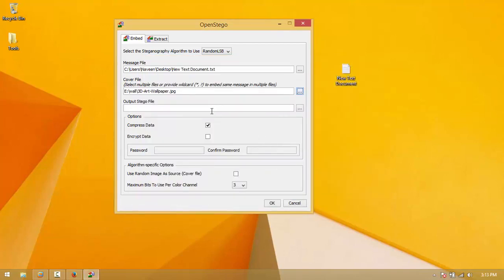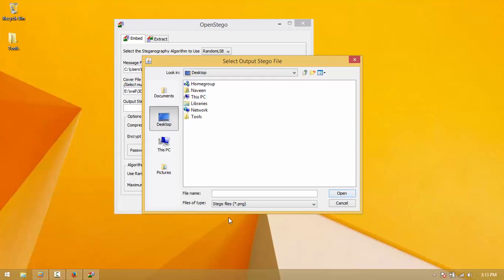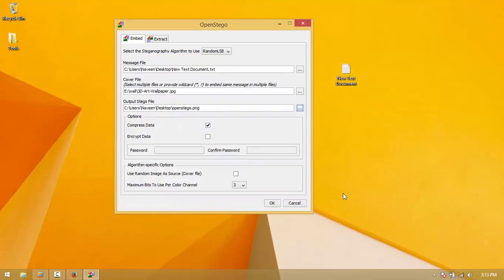Here we have chosen a pic, then output on desktop. You can give the name OpenStego here, then you can click on